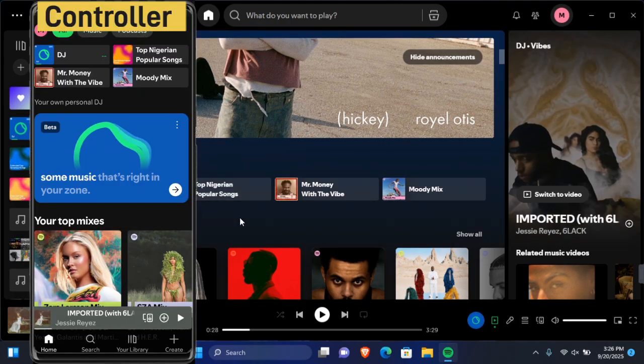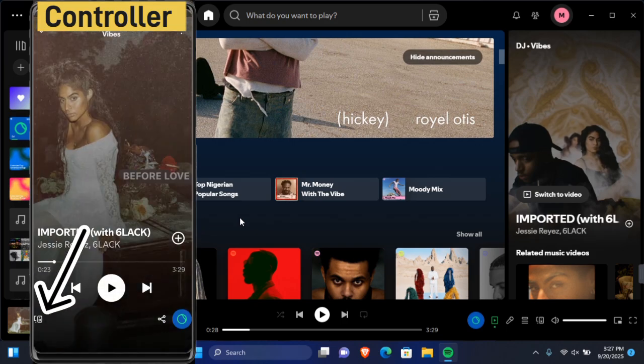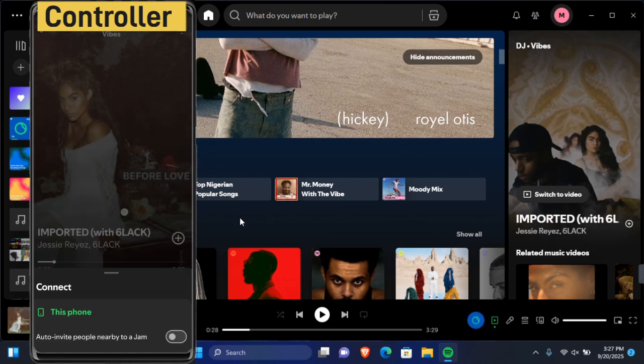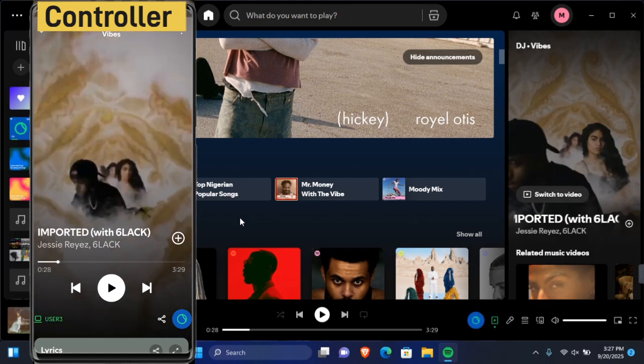Let's say for this example, you're jamming to a song and you want to switch to another device, let's say your computer. This works for both the web app and Spotify app on your PC. Once here, you can tap on the speaker and desktop icon in this section, or you can expand the song and tap on this. Here you're going to see devices that are connected and are on the same Wi-Fi connection as you are. Simply tap on the device you want the music to play through, and this will connect you